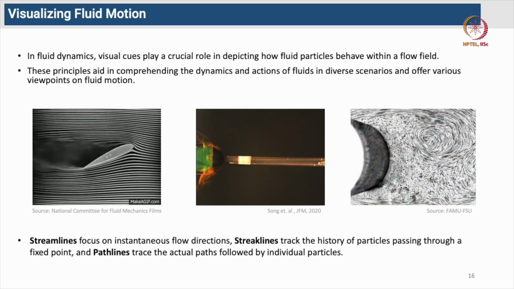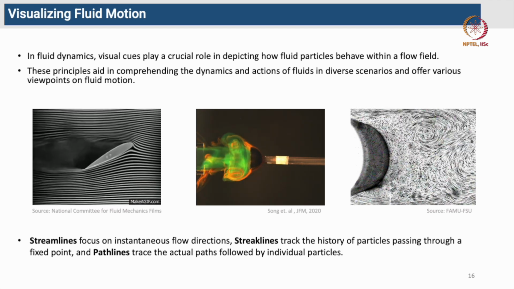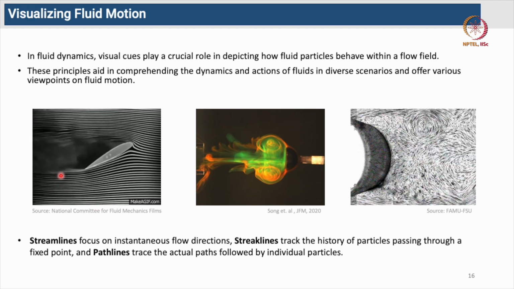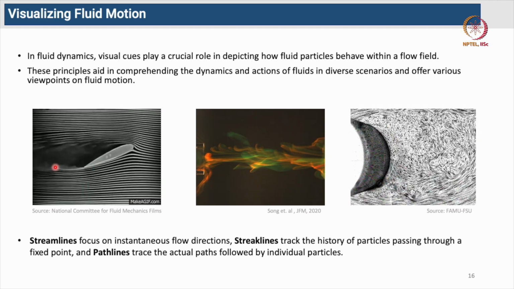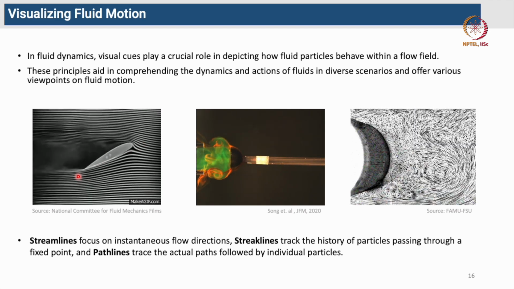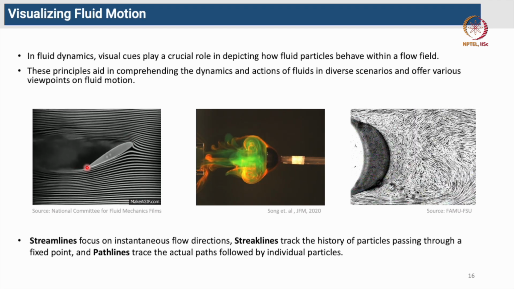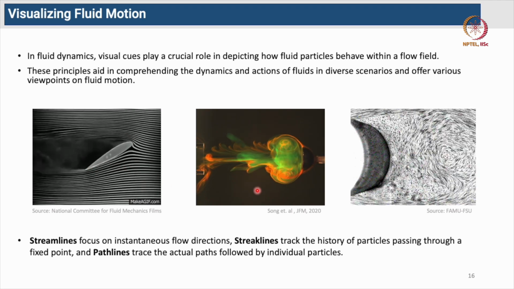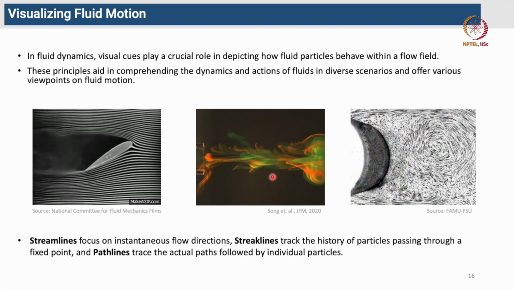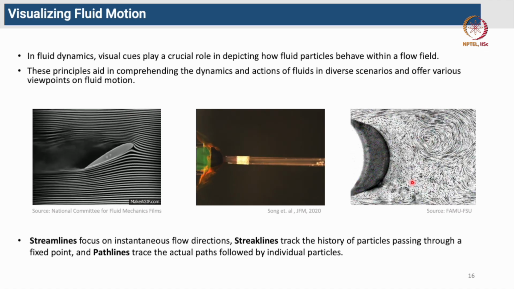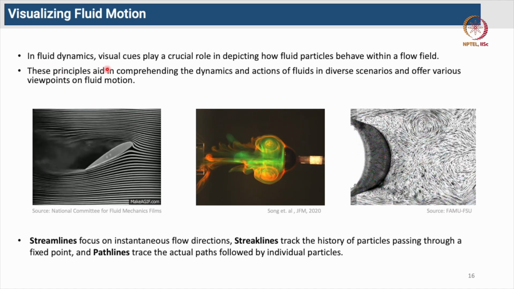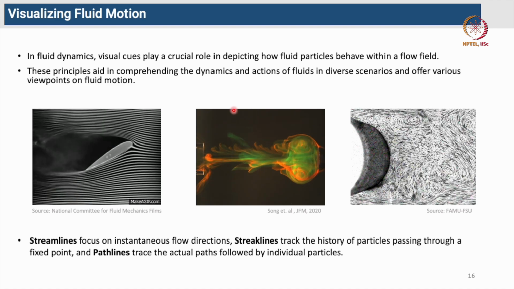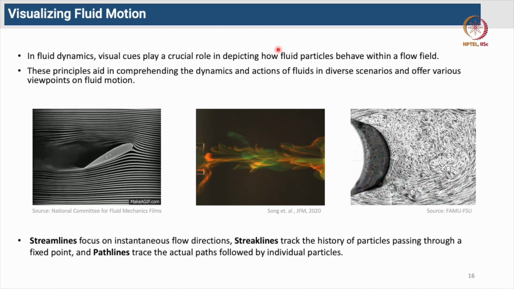All right. So this is, for example, some visualization. This is behind a tilted aerofoil, and how the flow separation actually happens. And this is like a vortex, and this is another, shedding behind a body. So in all these cases, you see that there are visual cues that play a very strong role in how